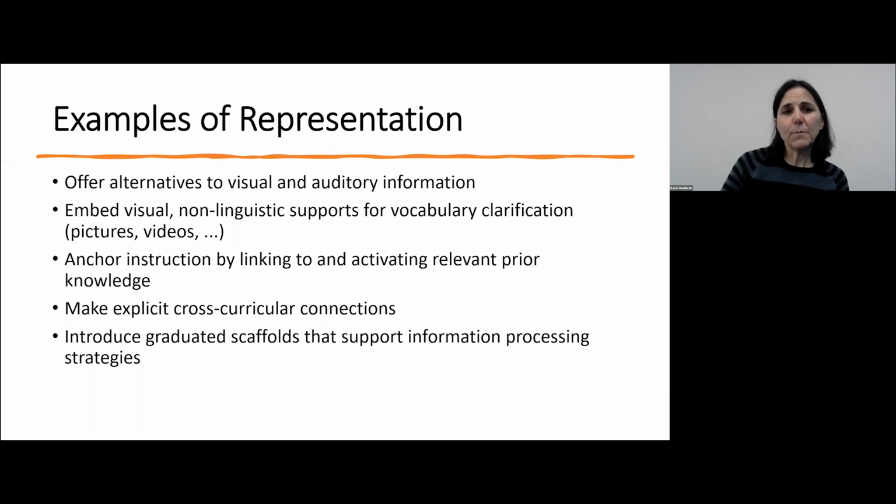And some examples of representation. That is where you can have alternate formats of things. If you were teaching cooking and you ask students, go bake a cake, you can give them the choice. Do they follow a recipe or do they watch a video? So the recipe is one way to learn how to bake a cake, and watching a video is another way. The other choice they might have is, do they make a square cake or do they make a round cake? So again, you're giving them the choice and you're giving them representation on how they want to be able to do that. So you're giving alternate versions of things,